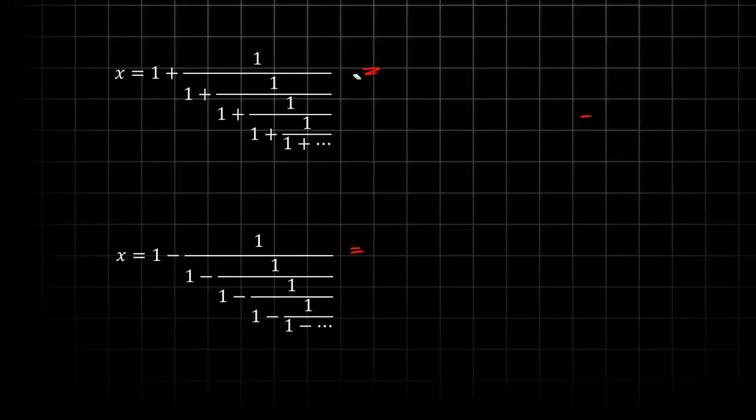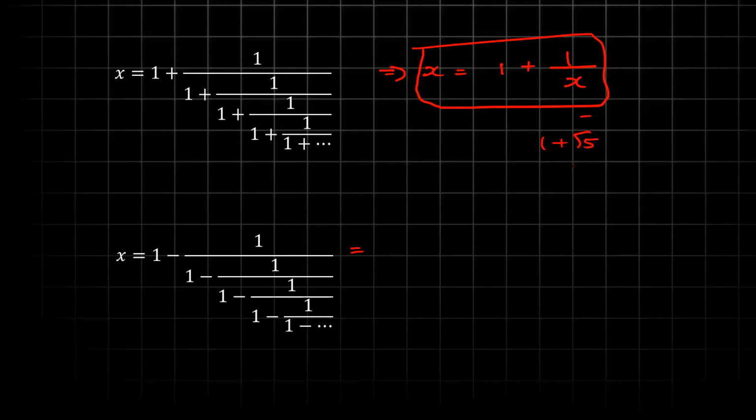The way it's solved is, this can be written as, listen, x is equal to 1 plus 1 by x. Do you agree with this? The answer for the first one is 1 plus square root of 5 by 2. And the way it's done is, x can be written as x is equal to 1 plus 1 by x. Agree with me? Yeah, there's a quiz today. Do you guys agree with this? Because this whole thing is nothing but x again. It repeats. So that leads to a quadratic equation whose solution is this.